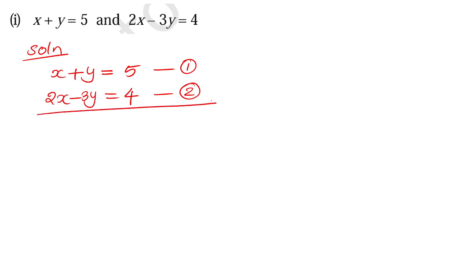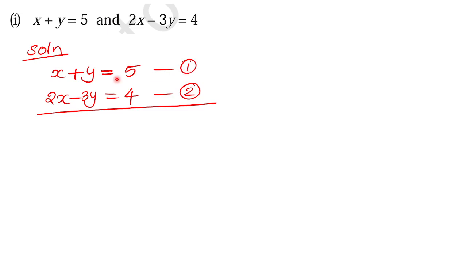So listen, I want to solve it. The terms are not matching. Understood? The terms are not matching. x and 2x, different terms. y and minus 3y, not matching. So initially the elimination is not possible, but if I multiply the first equation by 3, like in the previous question,